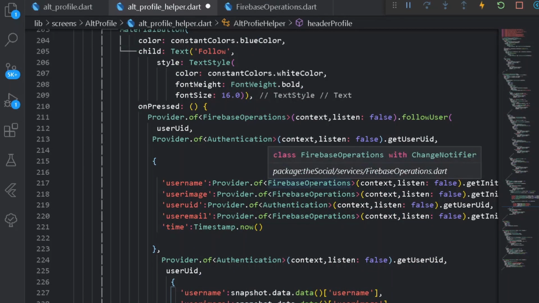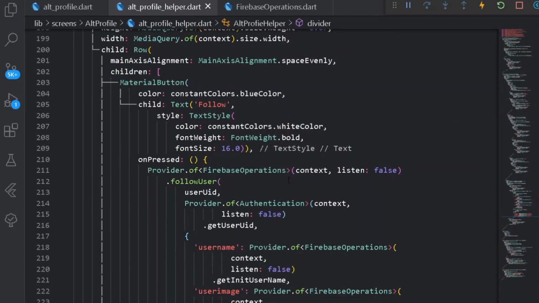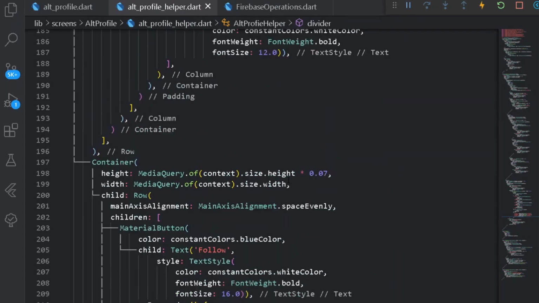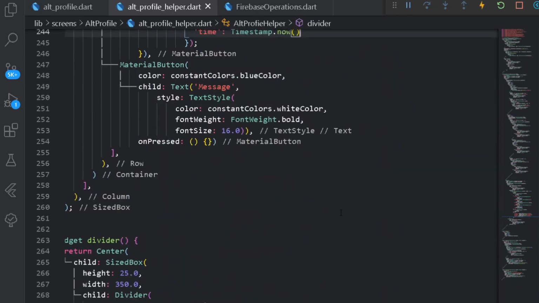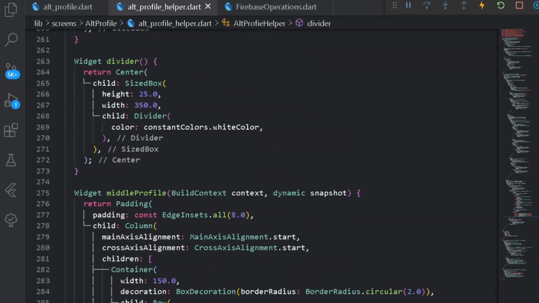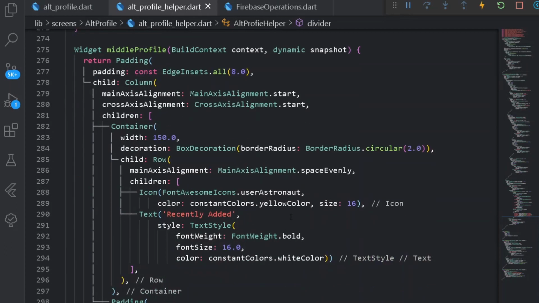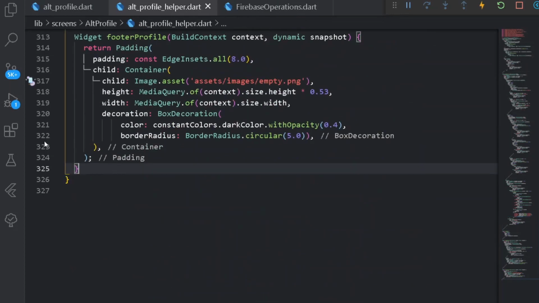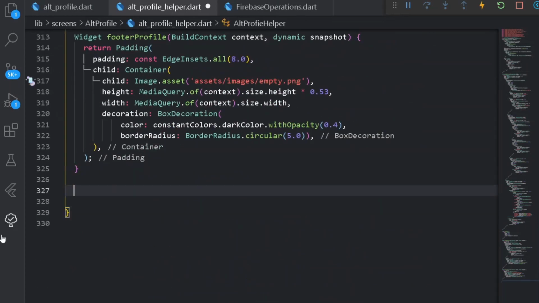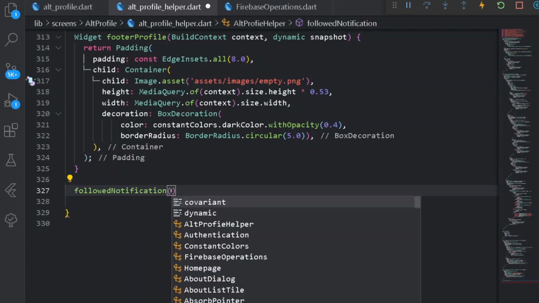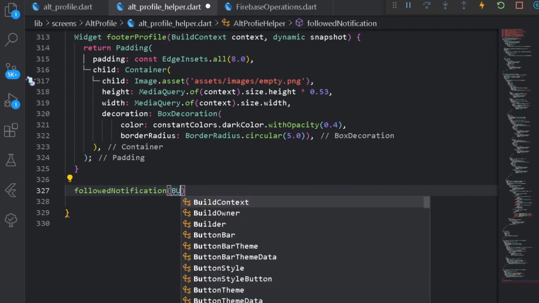So we can format the document first. Cool. Once everything is done, let's try it out. But for now, we can also do one thing, that is create a new indicator for the user that he has pressed the follow button. For that purpose, let's go at the bottom, and here let's have a new method for followed notification or any sort of thing. Now, we can also have a default snack bar that Flutter provides, but we are using our custom sheets, that is our own.